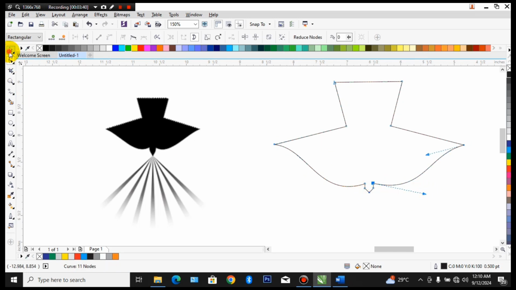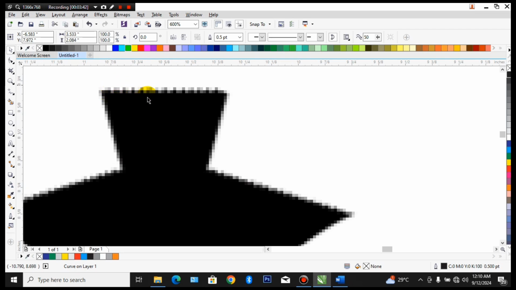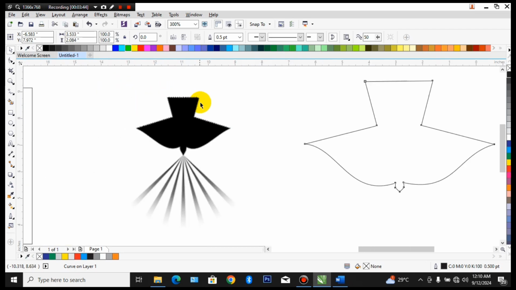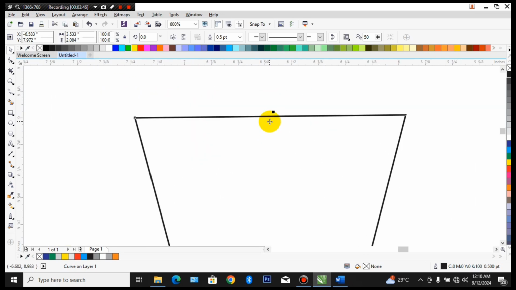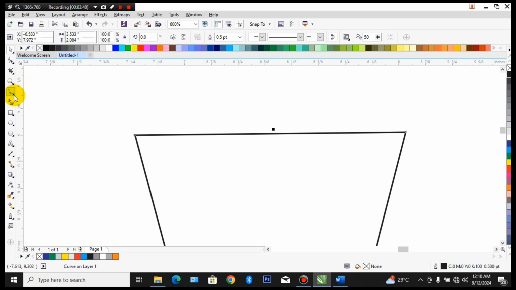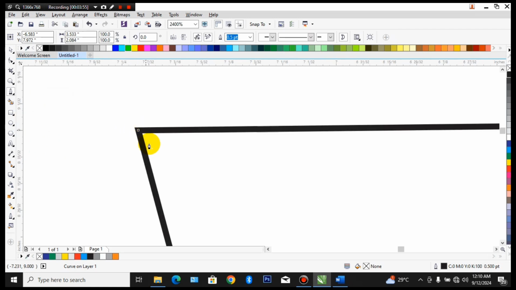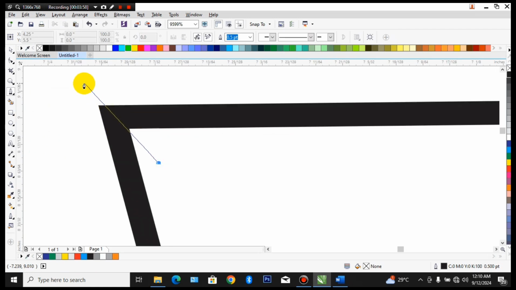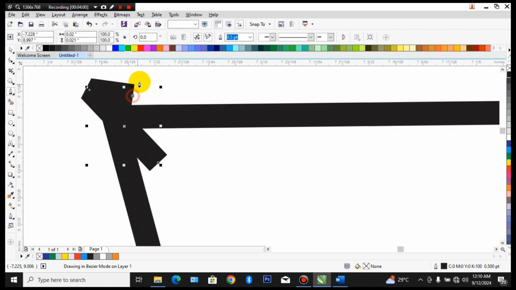Okay, so let's go to the next step. If you look, the bird has some zigzag lines, though it's a bit blurry, but I'll show you how to do that. Zoom up to the tail. Click now. This time around, come here to this family and choose your pen tool. This is your pen tool here. Click on it. Now zoom over to where you want to do it. From inside, you move like this. You create